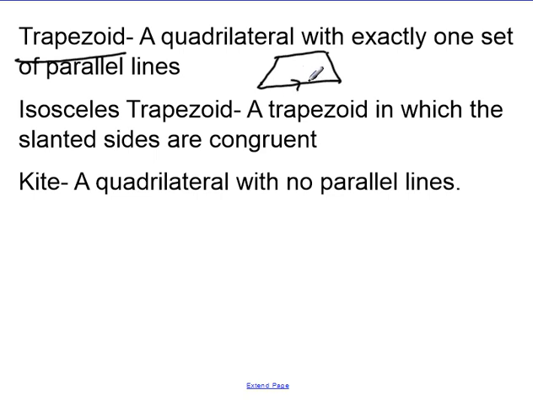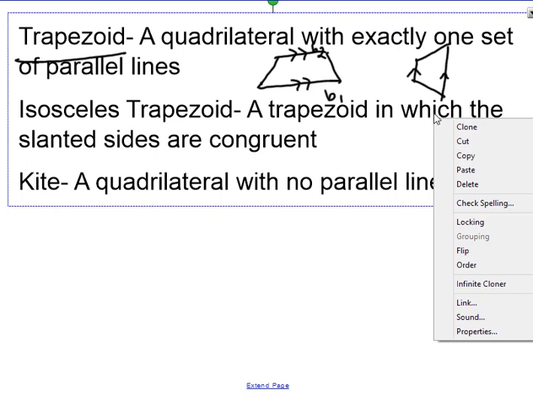And what's frequently drawn as the bottom line and the top line are parallel. Those are actually called base 1 and base 2, the two parallel lines. But don't get confused, because you can also have a trapezoid drawn like this, tilted on its side, and then the parallel lines are over here. You just have to look at which two lines are never going to meet if they continue on forever and